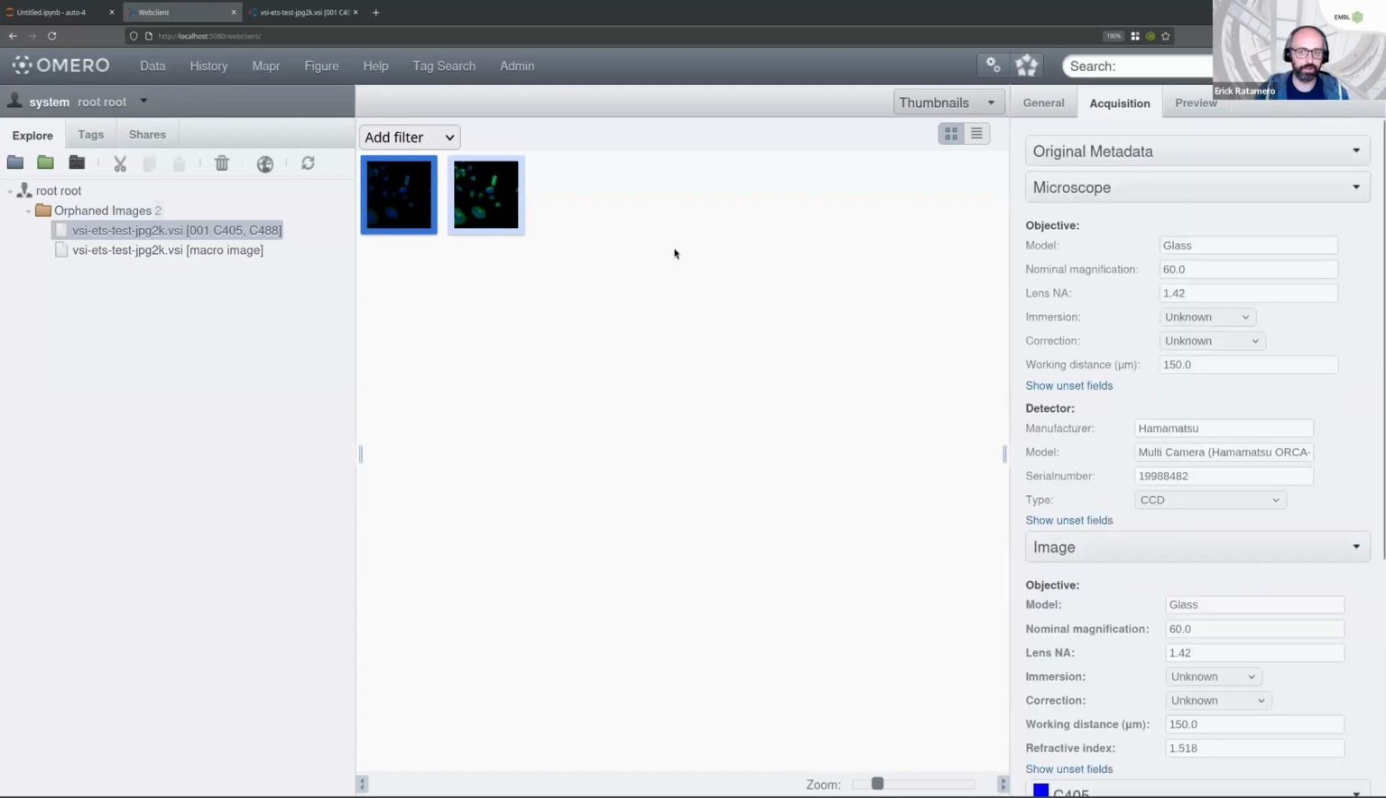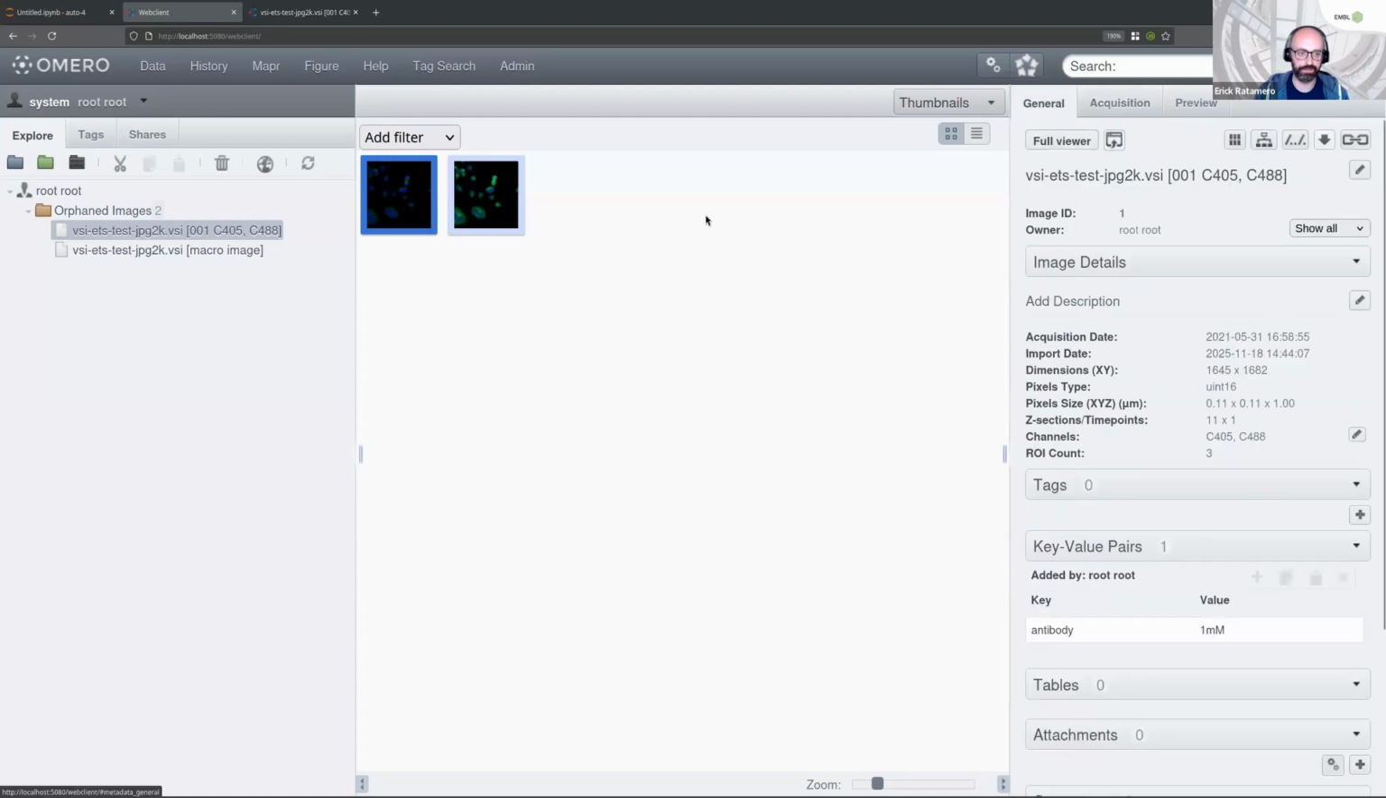And I think the cool thing about OMERO, the thing that makes it special to me, is you get remote access to this. So in this case here, it's a server running on my computer, so only my computer is going to have access to it. But for example, if I go to the